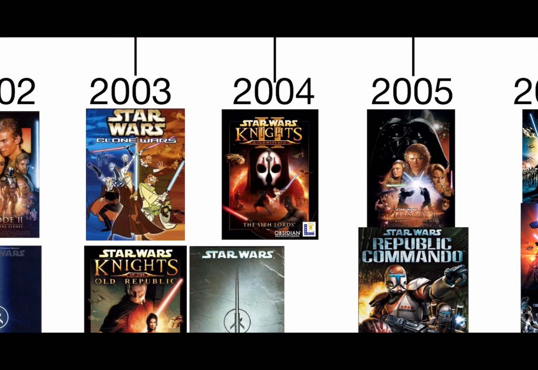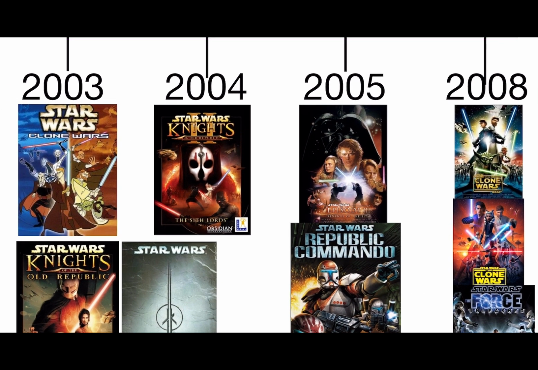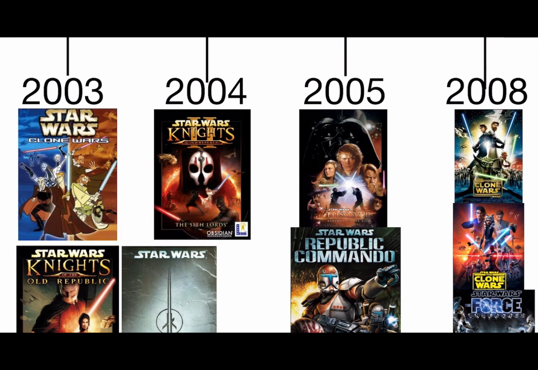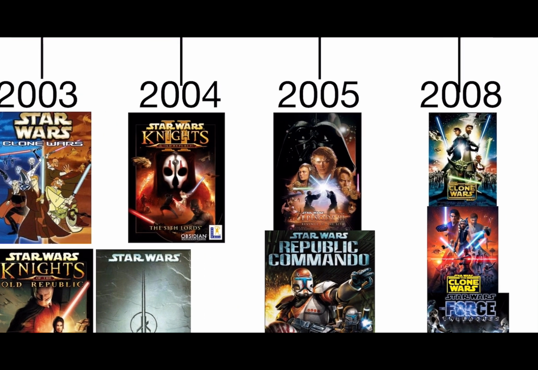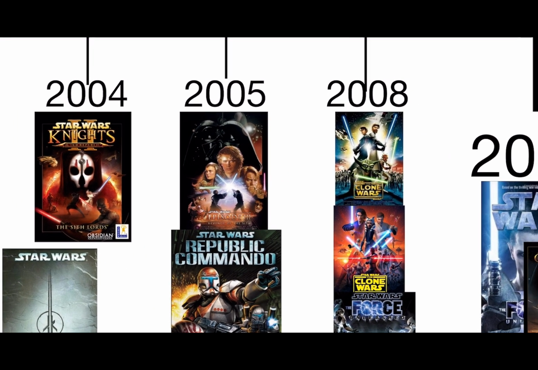It's basically set 4,000 years before Episode 1 or something like that. And then they made Jedi Knight: Jedi Academy, a sequel to Jedi Outcast. In 2004, this KOTOR game was received so well that Obsidian made KOTOR 2, the second one. Then in 2005, Episode 3, Revenge of the Sith, basically concluded